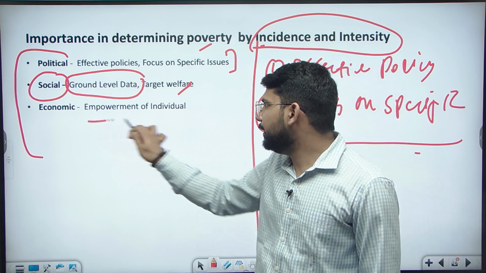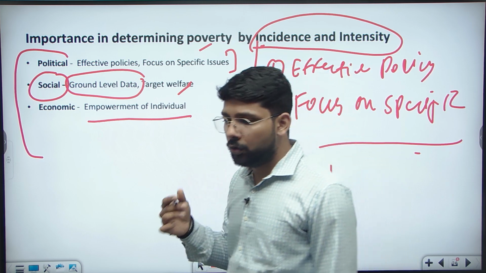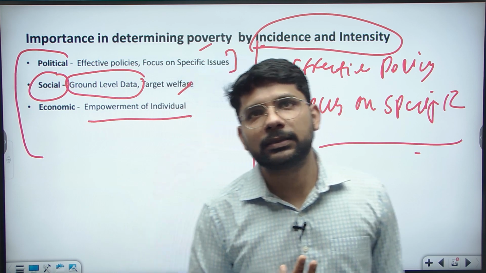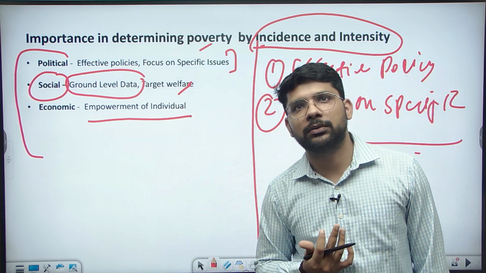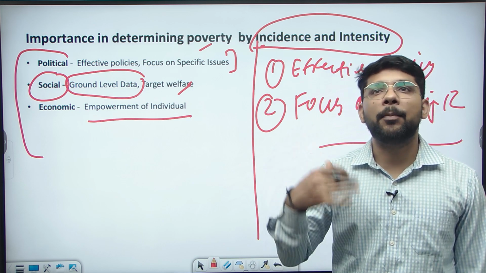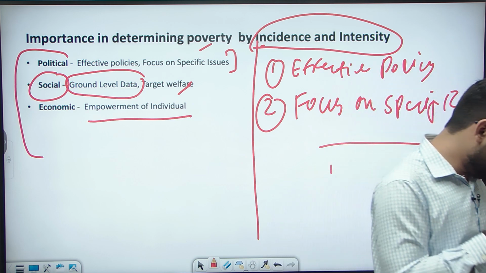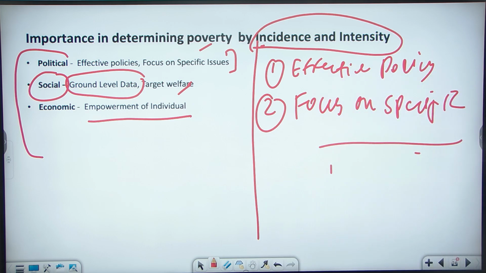In the economic part, on the empowerment of individuals: how we can empower individuals through education, through skills, how we can focus on nutrition. So economic empowerment of the people so they can come out of poverty. In this part we need to write about these options and guidelines related to poverty. In the economic case you can write about the 271 million people out of poverty with targeted intervention in India. So these are the issues you can write in your answers.